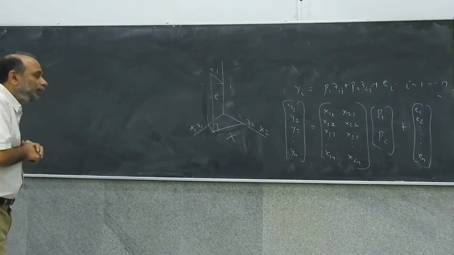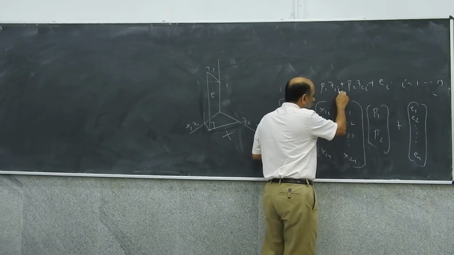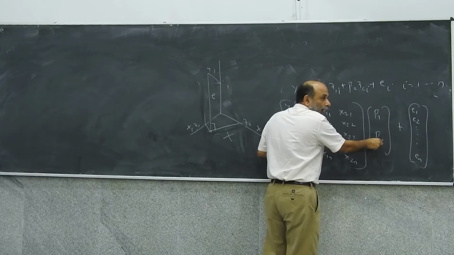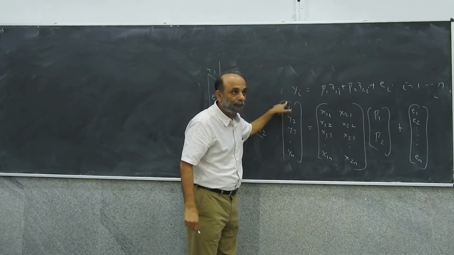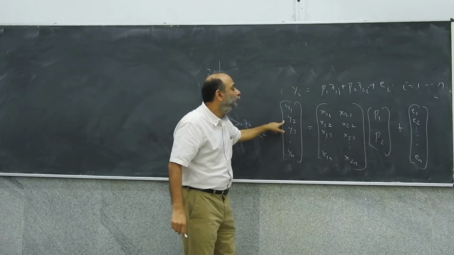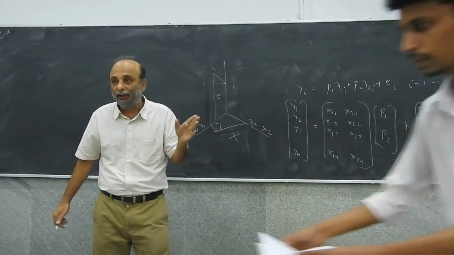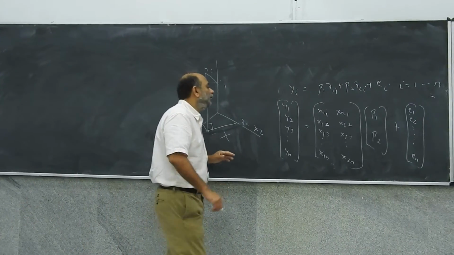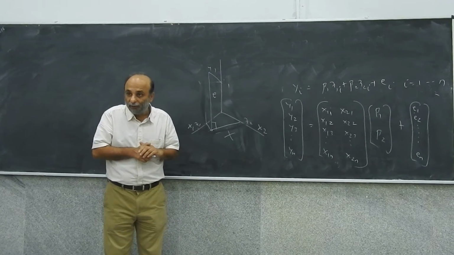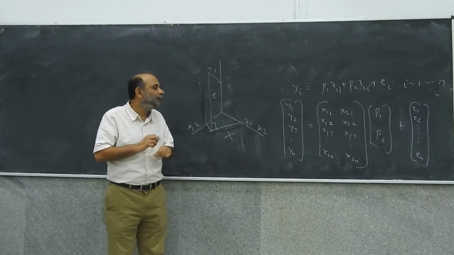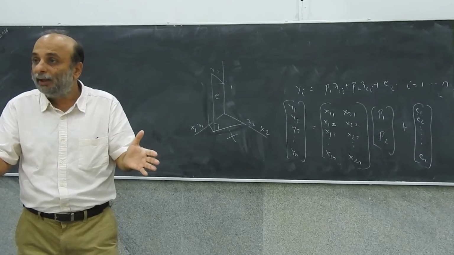Okay. So now, if you're writing this, what is the first equation here? Beta 1 x1 1 plus beta 2 x2 1 plus E1 is equal to Y1. You'll get the first equation here. The second equation will be Y2 is equal to beta 1 x1 2 plus beta 2 x2 2 plus E2. Y3 will be beta 1 x1 3 plus beta 2 x2 3 plus E3 and so on. Yn is beta 1 x1n plus beta 2 x2n plus En. So the whole system is being represented.